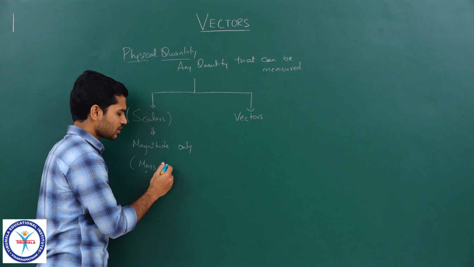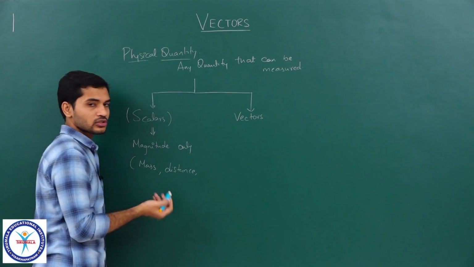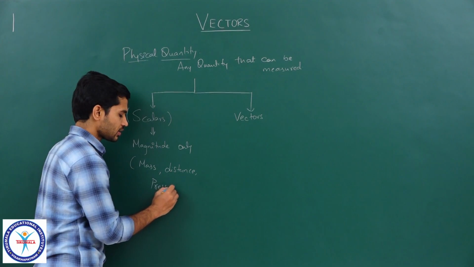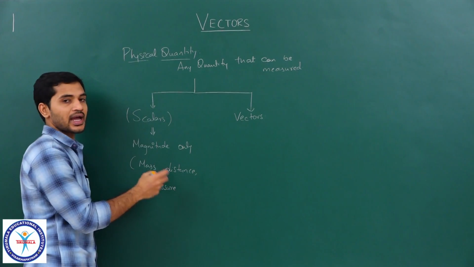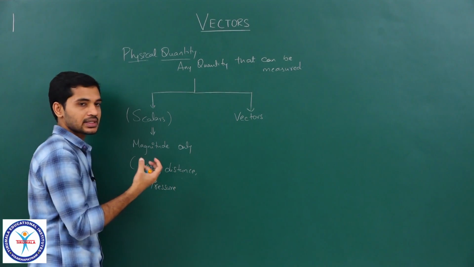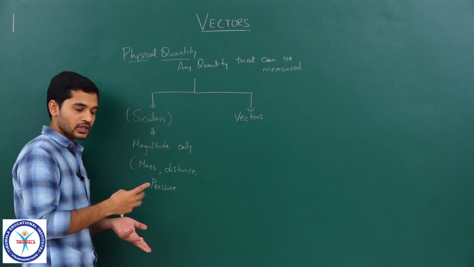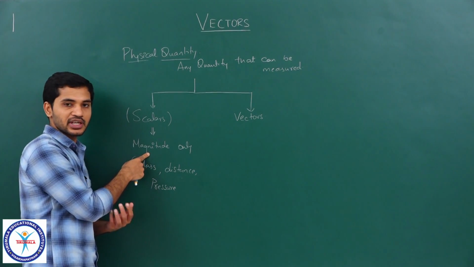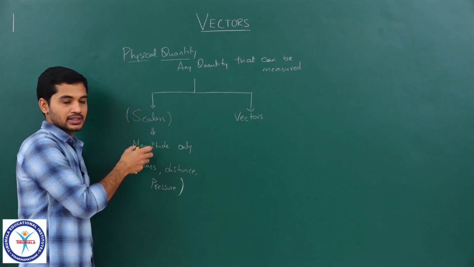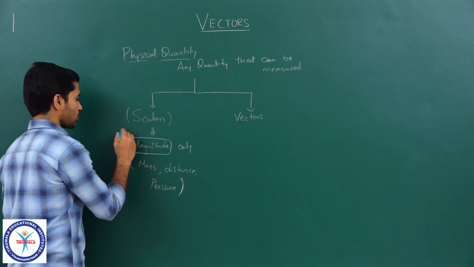Similarly, you can say distance covered or distance. So, this is also a scalar quantity. You can say pressure. Pressure is a scalar quantity. So, all these only have magnitude associated with them. Once you state these quantities in their magnitudes, then you have expressed everything about that quantity. There is nothing else left for a scalar except its magnitude. So, that is what we mean by a scalar quantity. The only characteristic that a scalar has is magnitude.